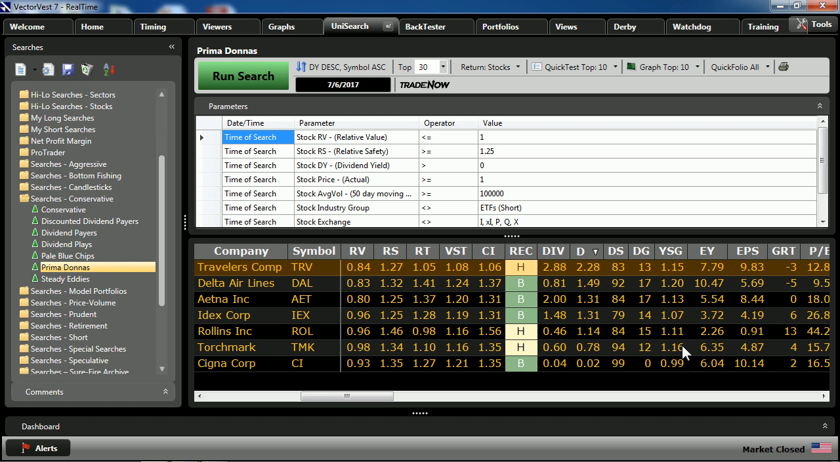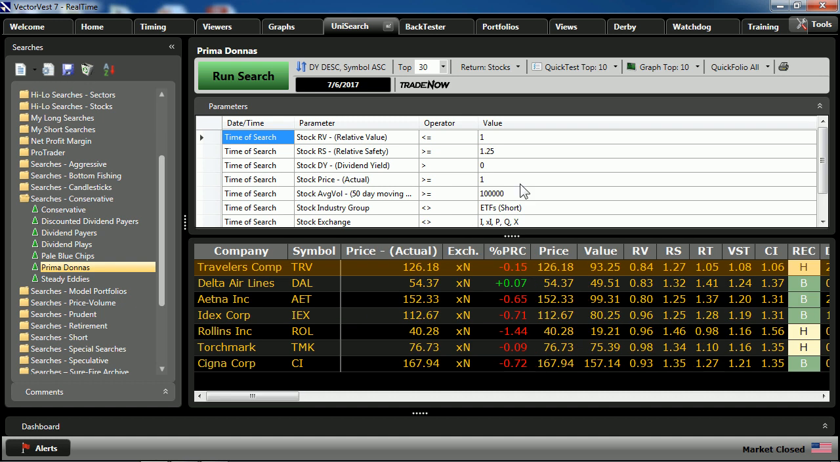YSG combines the yield, safety, and the growth of the dividend into a master indicator scaled on a 0 to 2 basis. Above 1 is good, below 1 is bad. So these are the types of stocks that a conservative investor would favor. If I went up to the top and just quick test all of them,